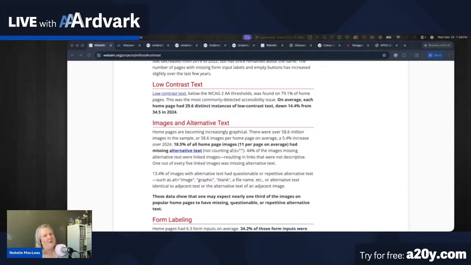Because obviously we're not doing it right. We're not getting it right. It's going wrong a lot of the time. So I thought we should talk about it and figure out what we need to know and what we can do. So I think it's too late to influence those 2026 numbers, since that report is probably coming out any